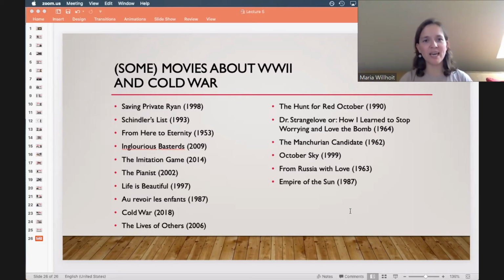We have a G8 or a G7 summit where the 7 or 8 great nations, depending on whether Russia is in or not, meet together and go over big topics. They decide on world affairs. And this international relations scholar, Ian Bremmer, believes that we're now starting to enter a world where we don't really have 7 or 8 great nations. We have what we call a G0 world, where no nation is really taking over the world.